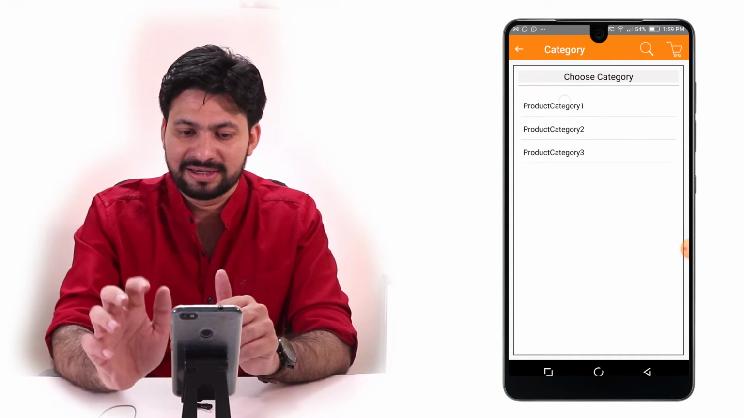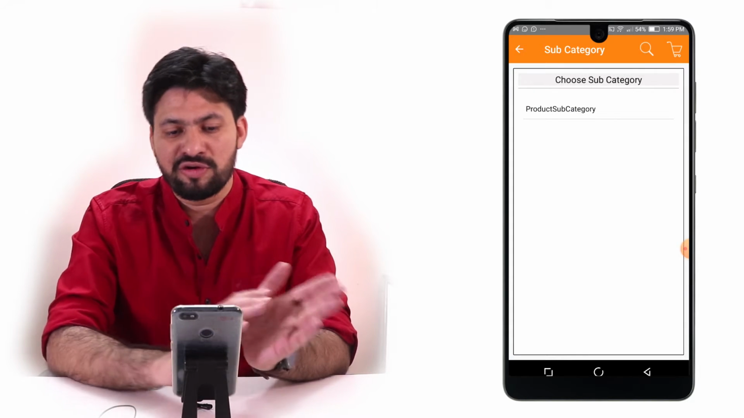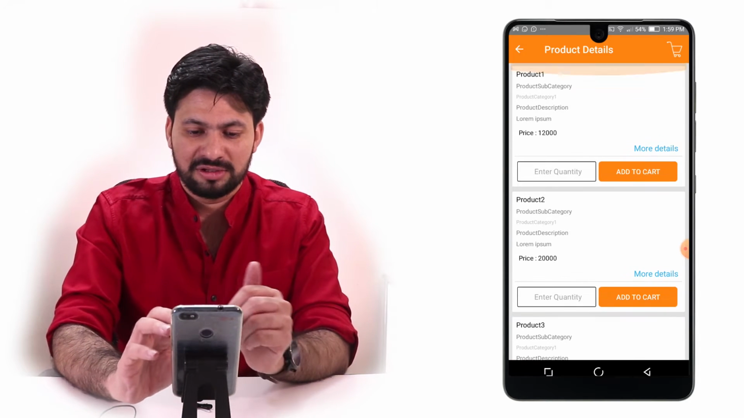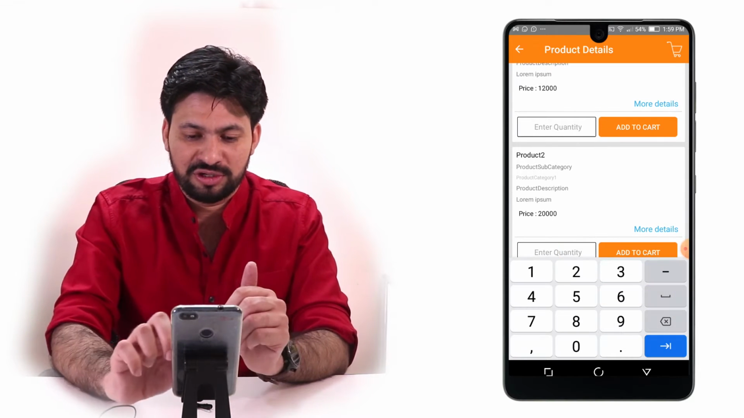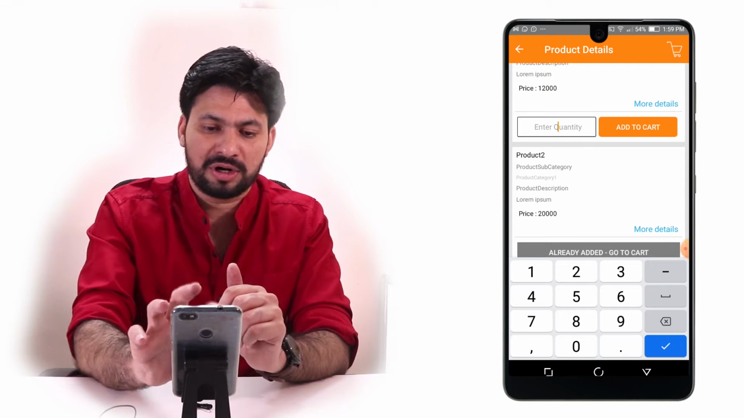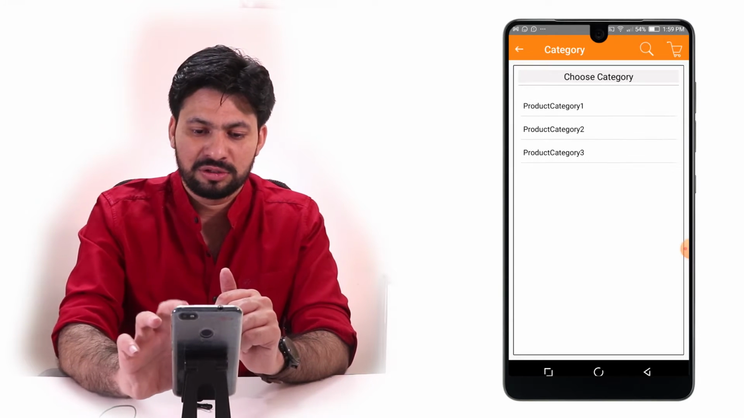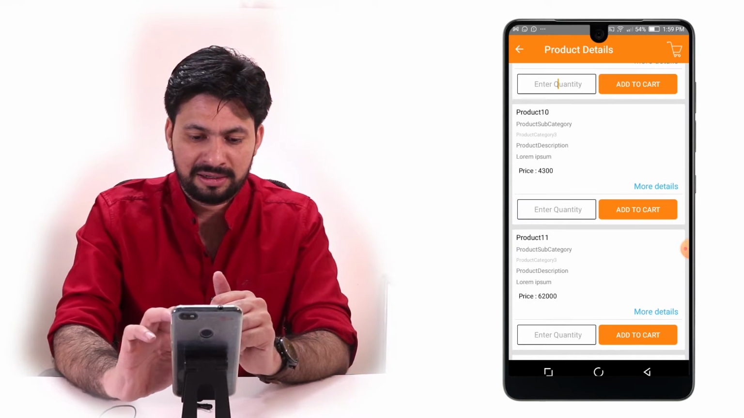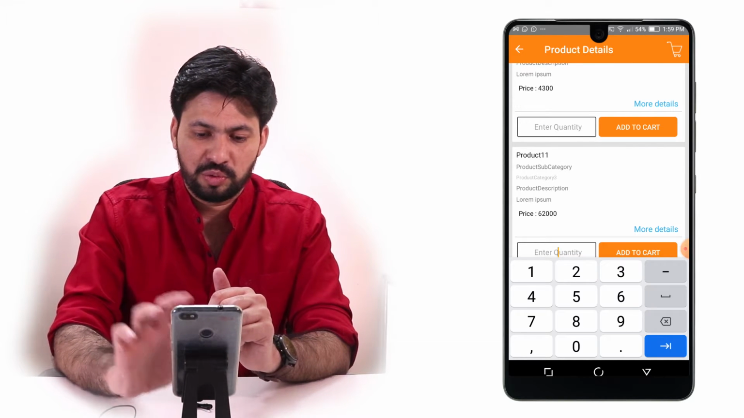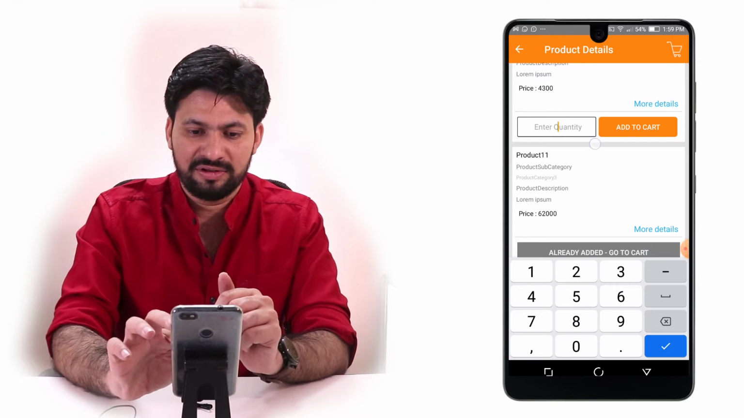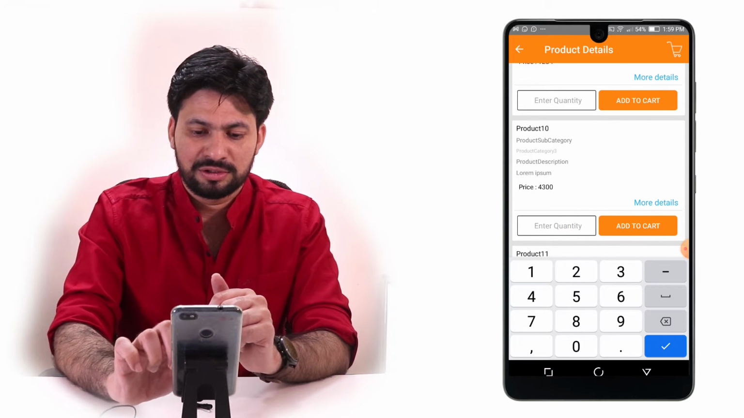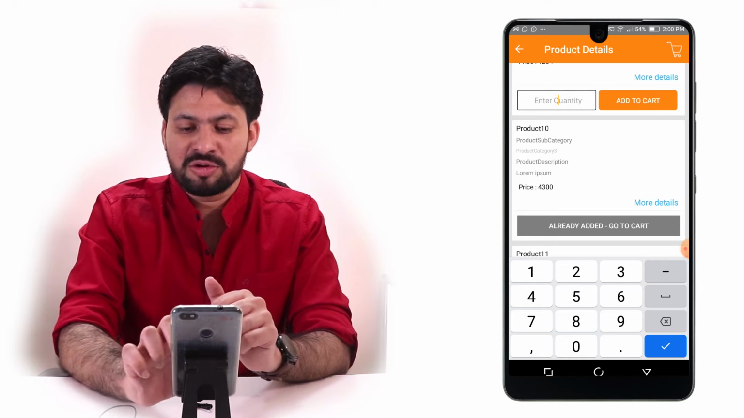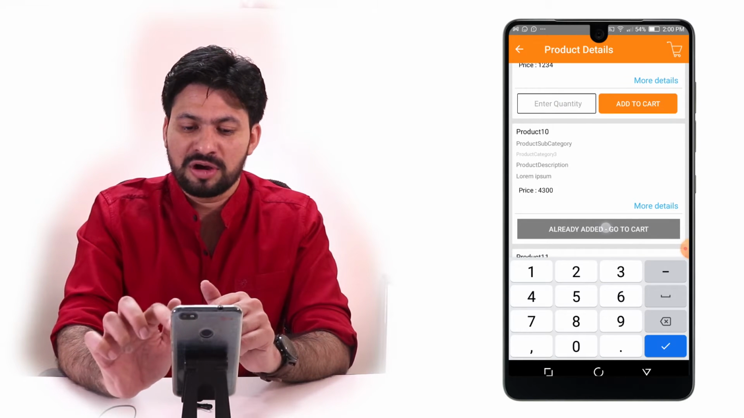Then you have got the main category, then you have got the sub product category, and then you come to the product detail section. I want to send, they have asked for 3, so I'm going to send 2 of product 2. I go back to the main category, so subcategory 3, and 1 of product 11, and 2 of product 10. 5 products. Once you have done that, you can also click on already added to cart and go to cart,